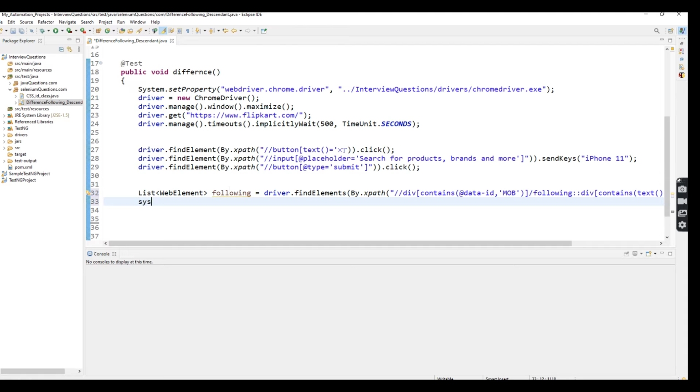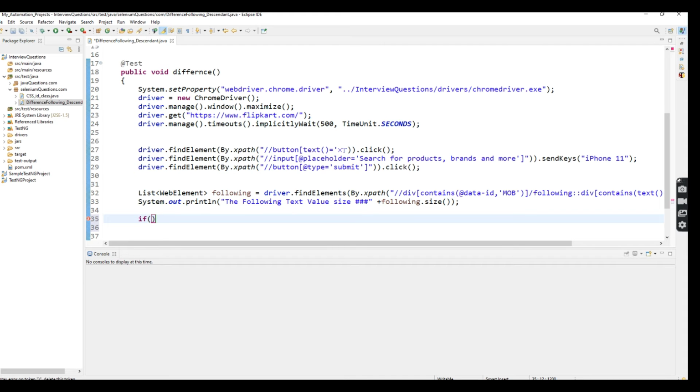So here I'm going to first check the size, the following text value size. Following put size. Then I'm going to put one if condition.